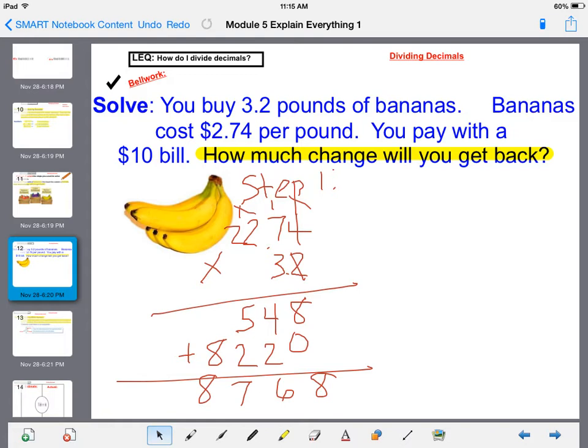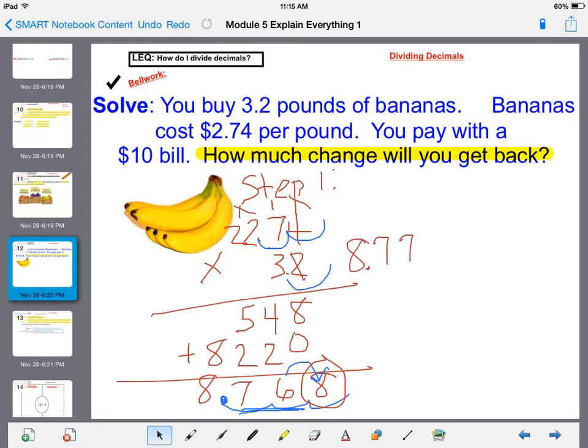Now is the time when I have to worry about the decimal point. So let's see. We're going to count 1, 2 from the 2.74 plus another decimal place from the 3.2 pounds. So that's a total of 3 decimal places. And so the cashier is going to tell me you owe $8.76 based on the thousandths place, or $8.77 based on the guy next door. Well, he's 5 or more. So we're going to go ahead and raise the score, and that means that we spent